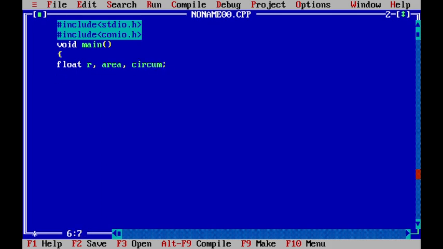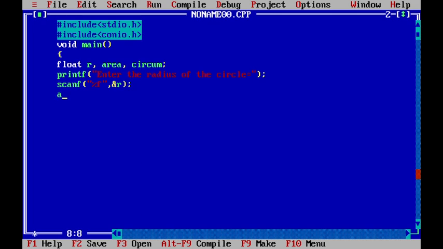Now next we want to enter printf, enter the radius of the circle, then scanf %f and r.